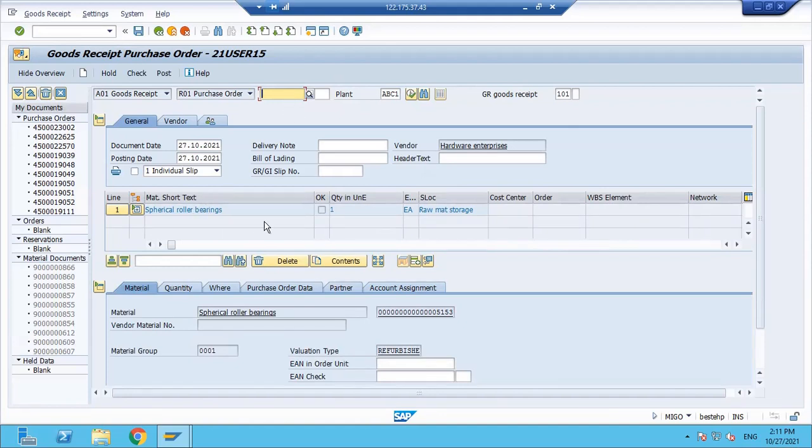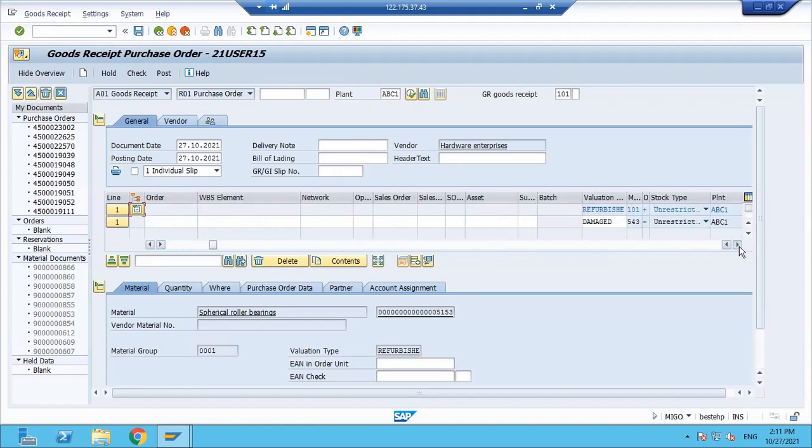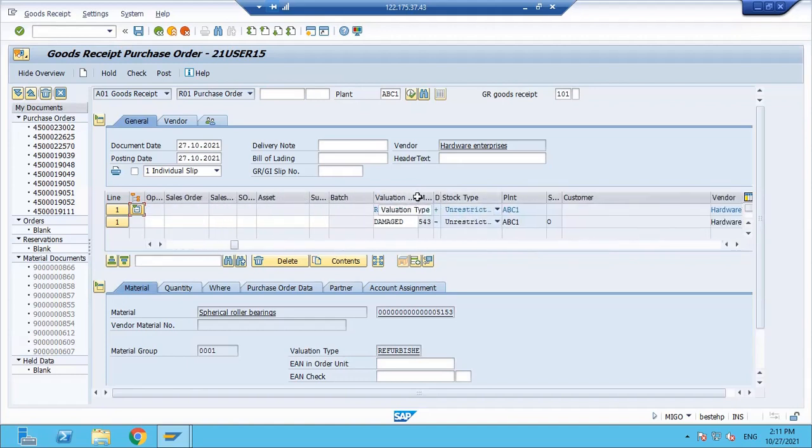Now if you click on this plus symbol, you can find that the refurbished material from the vendor is coming to the plant with the movement type 101, whereas the damaged one got consumed with the movement type 543.